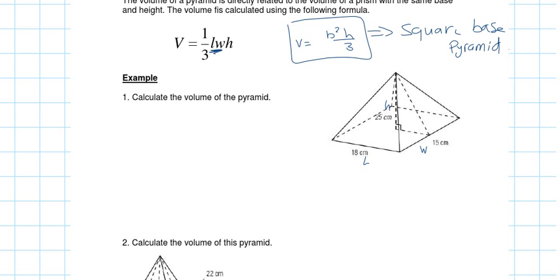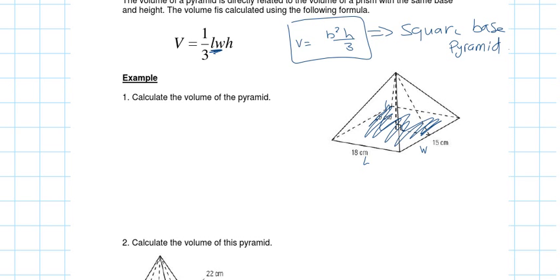So it's not going to be b squared, base times base, right? It's going to be length times width. Are you guys okay with the difference? Okay? All right. If you think about it this way, we're still looking for the area of the base, which is length times width. We're multiplying it by the height, but the only difference here is we're also dividing by